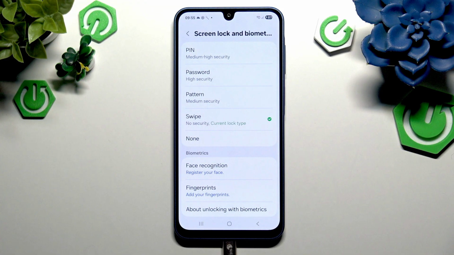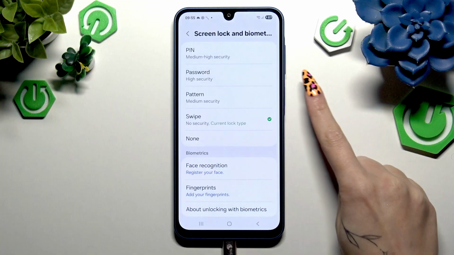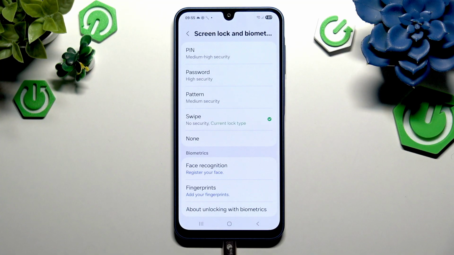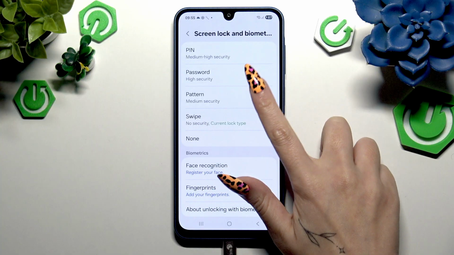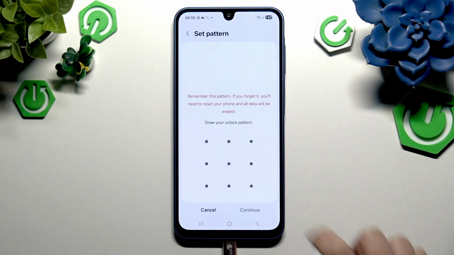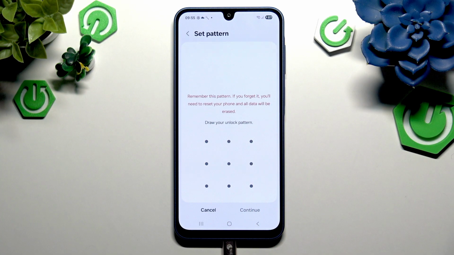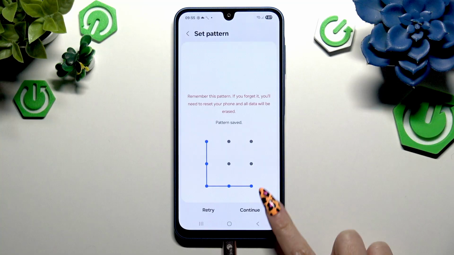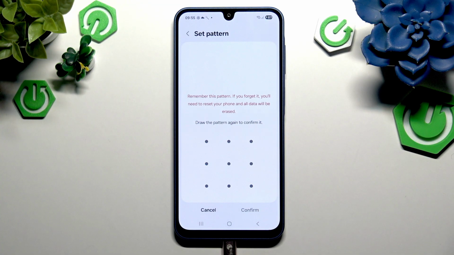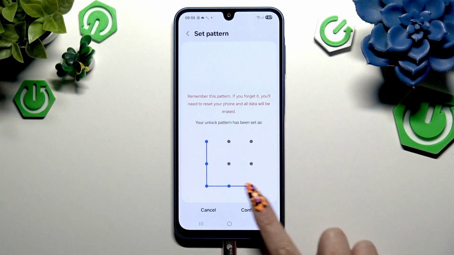And now my favorite part, pick one of those login methods: PIN, password or pattern. I will go with pattern, so I have to click on it here and create it. Quick tip, if you made a mistake, hit retry at the bottom left corner and redo it correctly. Then choose continue at the bottom right one and repeat it to confirm it. Click on confirm